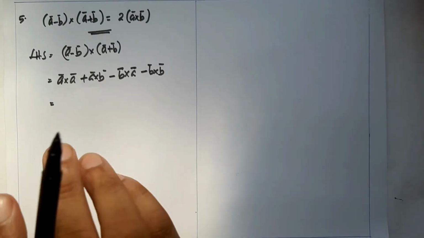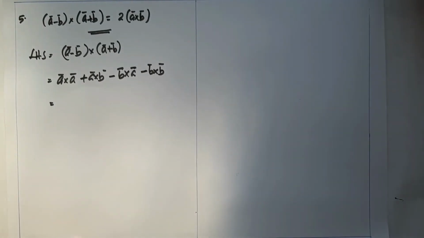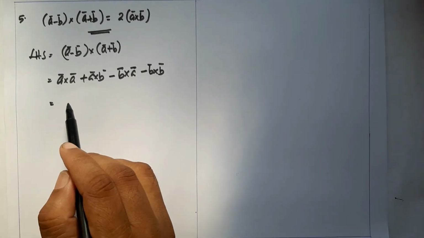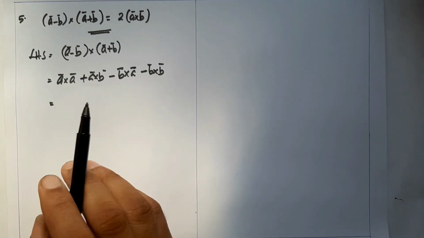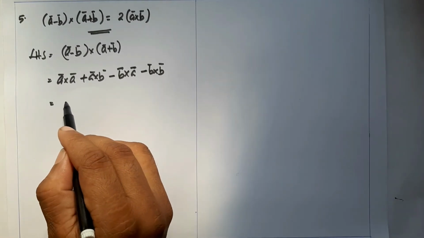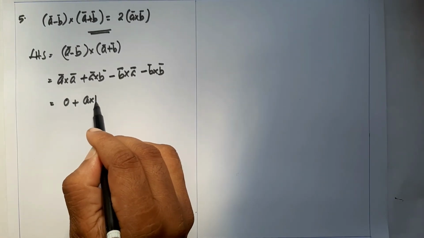First we discuss that when two vectors are parallel or identical, the cross product becomes 0. Here a cross a and b cross b are 0, because with the formula a cross a, the determinant of i j k, the first, second and third rows have the same coefficients. When two rows are identical, using the properties, the determinant value is also 0. So here a cross a is equal to 0, and a cross b has no change.